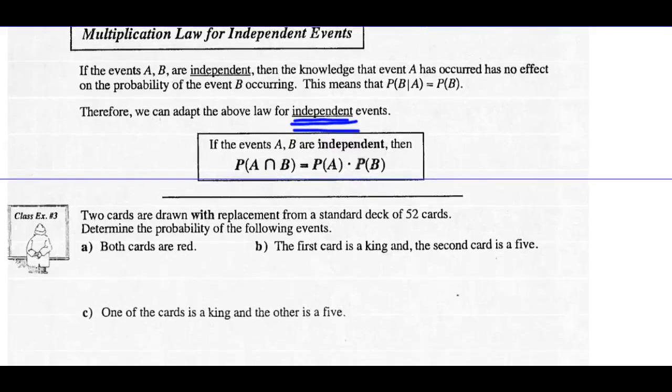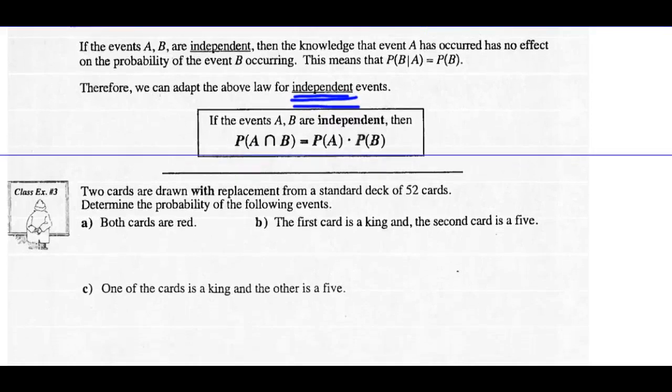Probability of A and B equals the probability of A times the probability of B. That's only true if the events are independent because of the statement right there. All right. So,